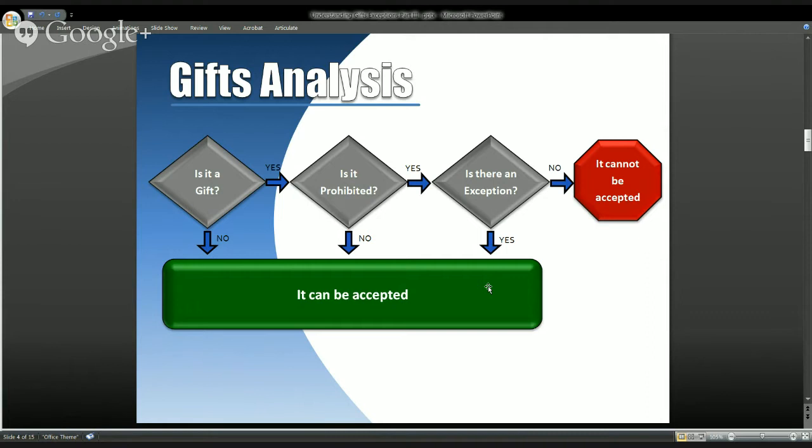So the next thing that we need to find out, if we have determined that it is in fact a gift, is whether or not it is a prohibited gift. And we have two prohibitions in the gift rule. Is that right, Ryan? That's right. There's two horns to it. The first one is you're prohibited from accepting a gift from a prohibited source. Okay, so prohibited source, I think I remember this from yesterday. This is someone who basically does business or seeks to do business with their agency, someone we regulate, someone maybe seeking official agency action, someone who can be affected by the performance or non-performance of an employee's official